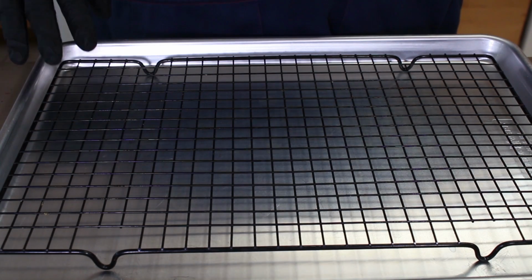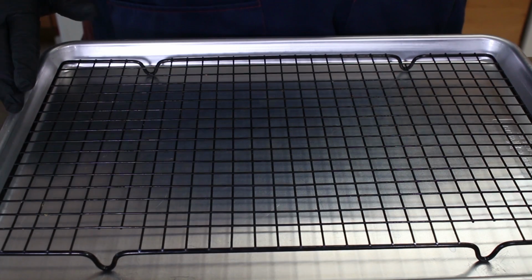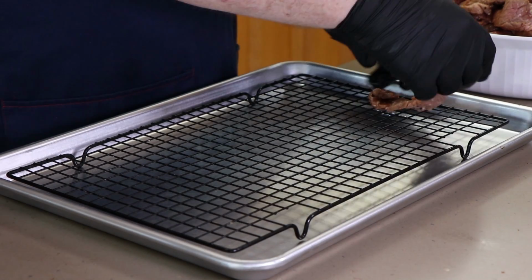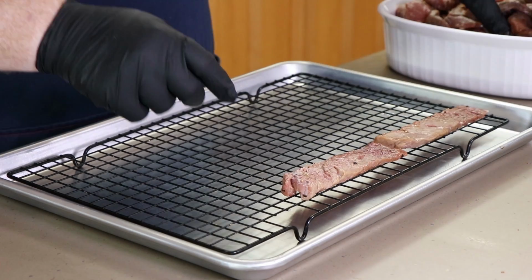All right, our beef jerky has been marinating overnight. It's time to get it on some racks and get it in the oven. So what I have here is just a baking cooling rack inside a rimmed baking sheet. And I'm just going to start placing the strips of top round